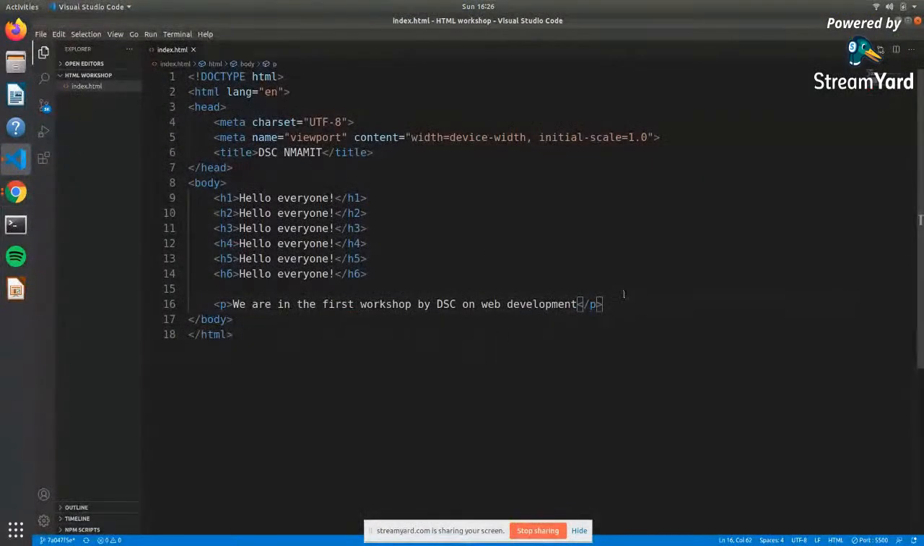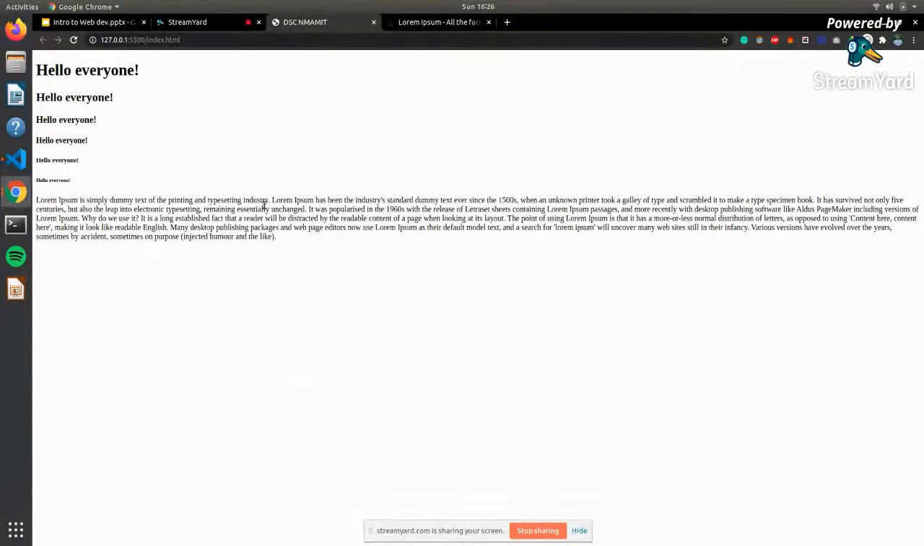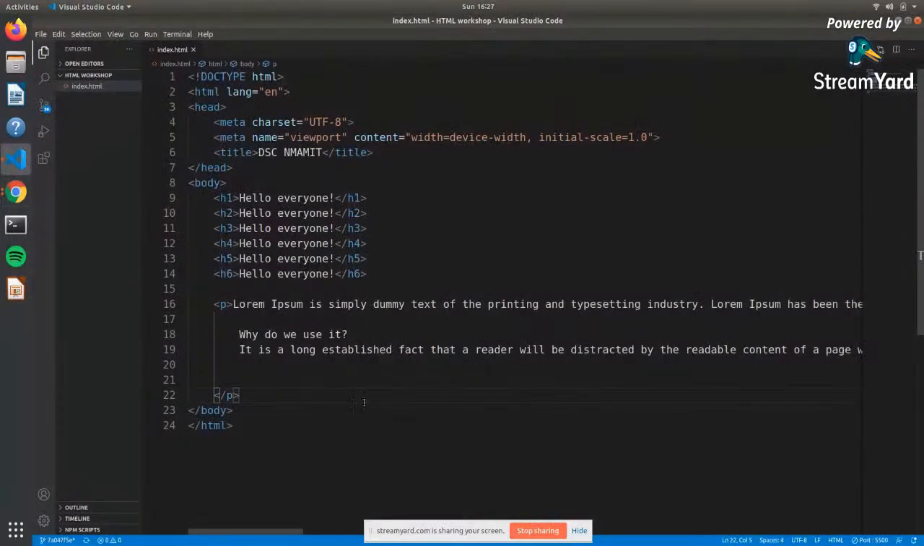So we'll just paste this lorem ipsum text. Just check it out. Yeah, this comes like a paragraph. And yeah. Next up, we need to see